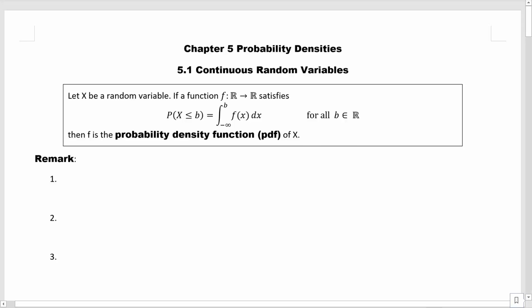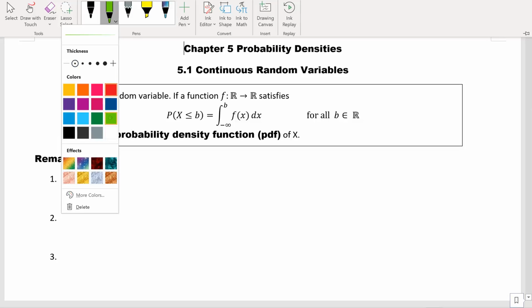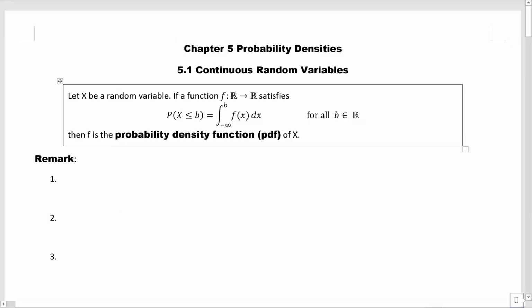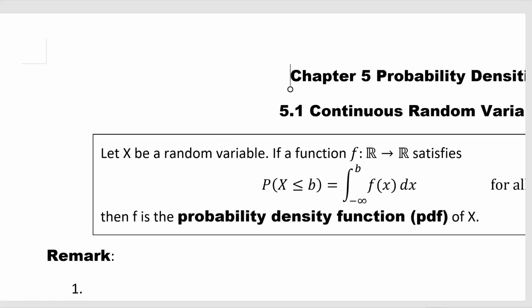Hi everyone. Today we're going to talk about Chapter 5, Probability Densities. 5.1, Continuous Random Variables. So in Chapter 4, we learned about discrete distribution. Do you still remember what is discrete distribution? Let me put it here, for discrete distribution,